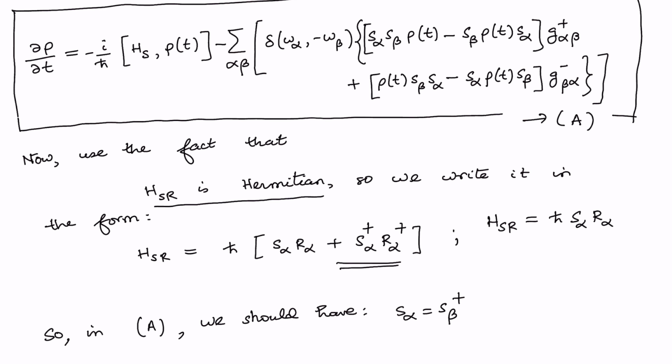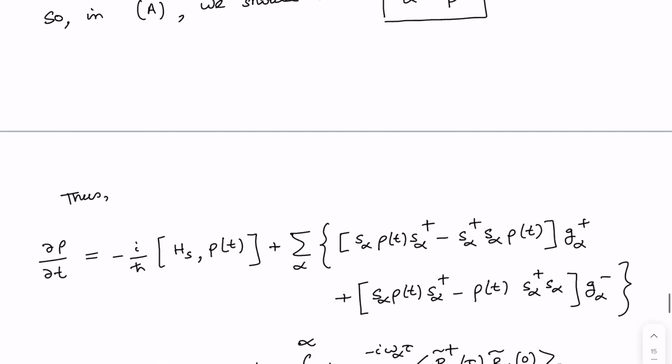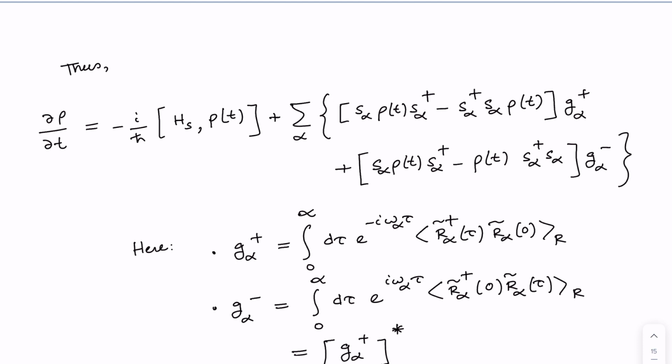And in equation number A, that means that we should have S alpha is equal to S beta dagger, and moreover now we are going to utilize the property of the Kronecker delta, and if we use the property of the Kronecker delta, then instead of this double summation, as you know, we are going to have a single summation, and we just have to retain only one of the indices. So retaining the index alpha,